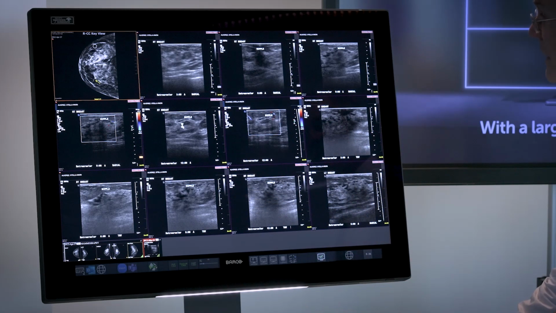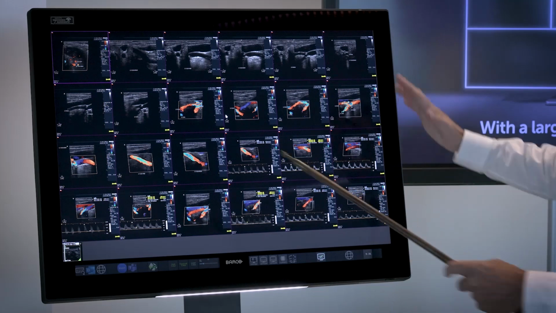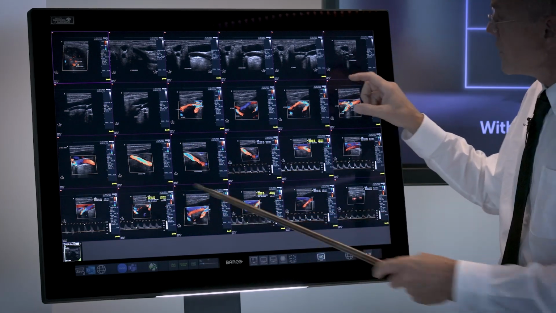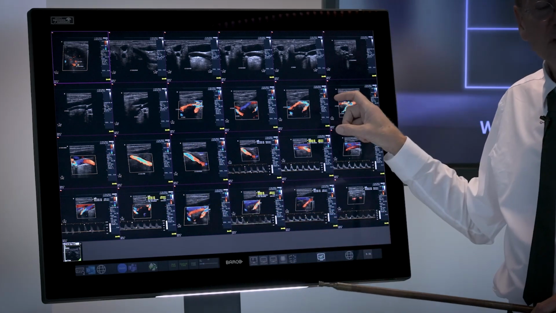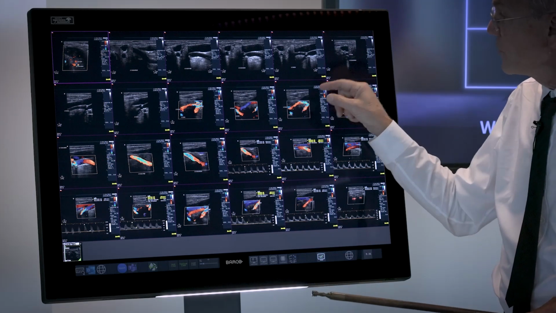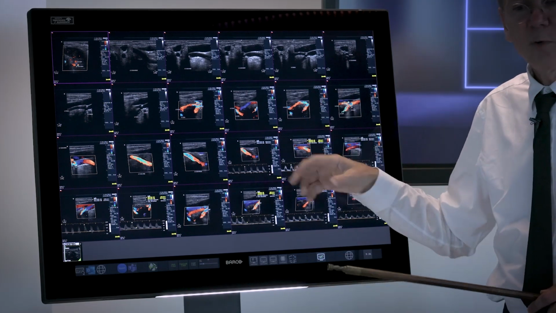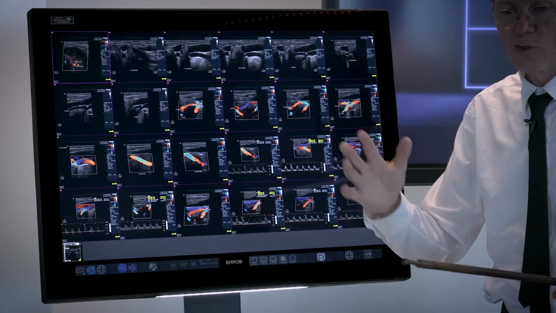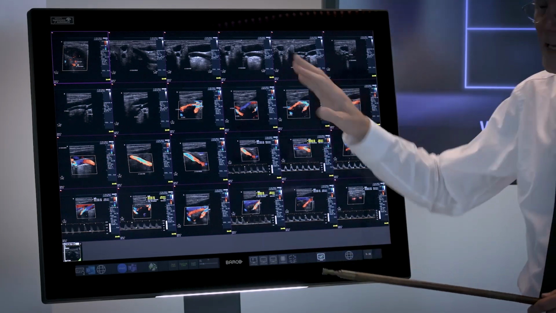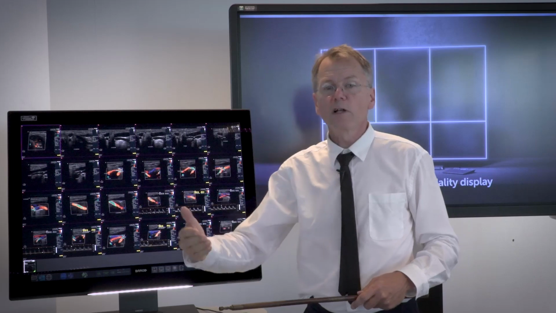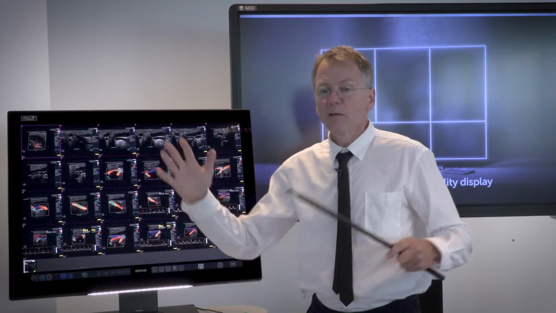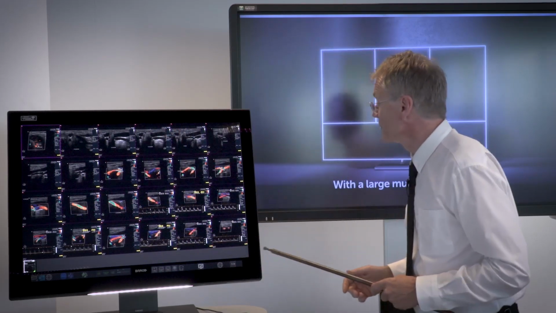But in fact, if I show it as 24 all at once, these are all full resolution, and these are all bright enough that you can see the details on it without having to zoom in on it. So it saves you having to step from one hanging to another hanging, because you can fit more on a hanging.